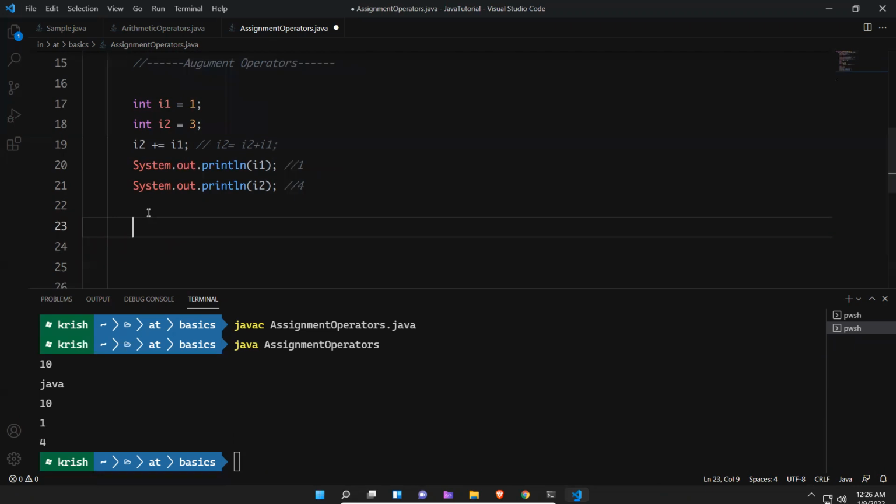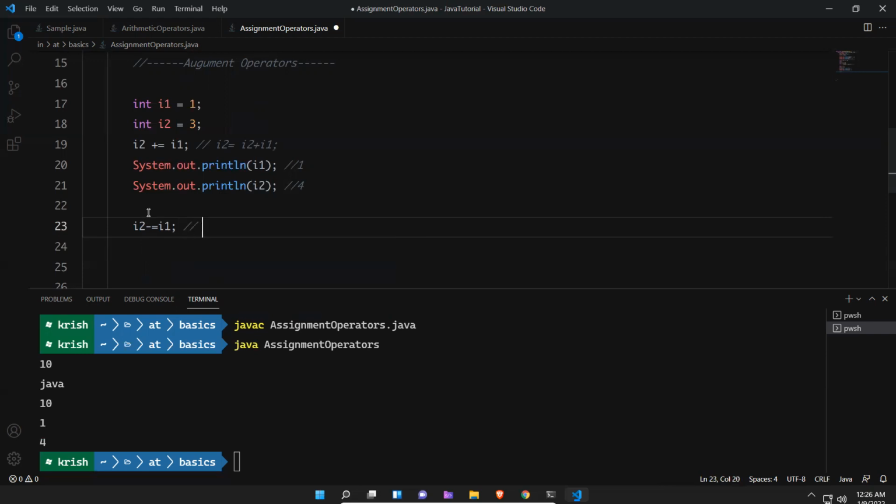Now we can do the same thing with subtraction, addition, everything. Now I'll do I2 minus equals I1. Then what will happen now?